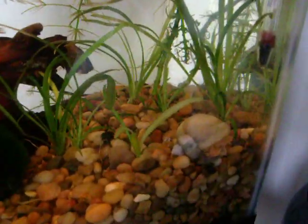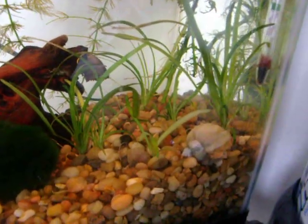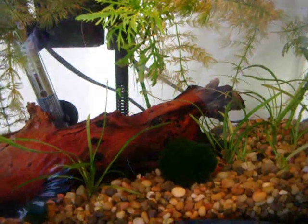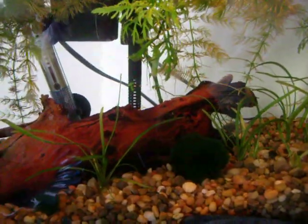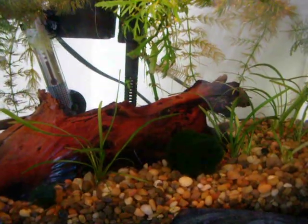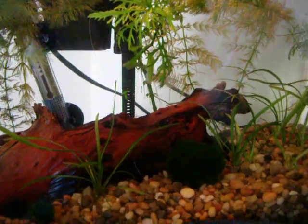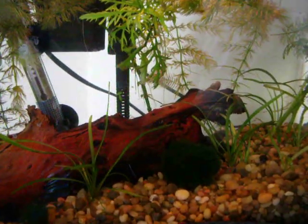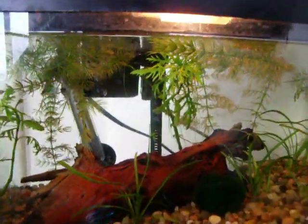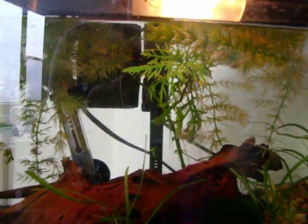Oh, also he has a snail. In a 5-gallon tank, you really don't want any other tank mates except for a snail. In anything bigger, they can be with other fish. I have a 10-gallon that has a betta and a couple of platies in it, and they get along very well. The most recommended tank mate for a betta, other than like a snail that I've seen, are cory cats. They are bottom feeders and very peaceful fish, and they do well in groups of 5. So a lot of people like doing that if you want more than one fish in with your betta,